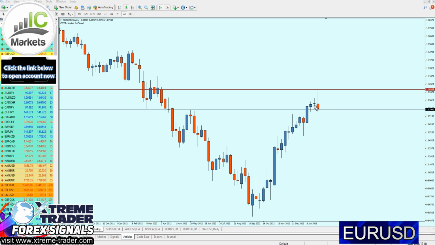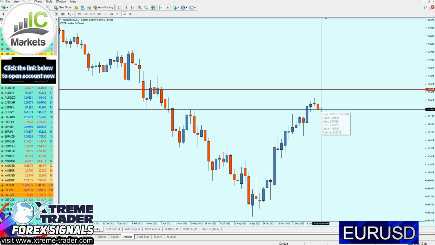Then late January, we had another smaller blue candle, and then the third candle was actually much smaller. So you can see the difference between the sizes of the candles. It was a big candle, then slowly getting smaller and smaller. Then finally the last week, it was a strong bearish candle. That means that the sellers are actually pushing the market right now, and the market seems like it's going to continue the fall, at least to reach that level of support before it's going to make any further movements.